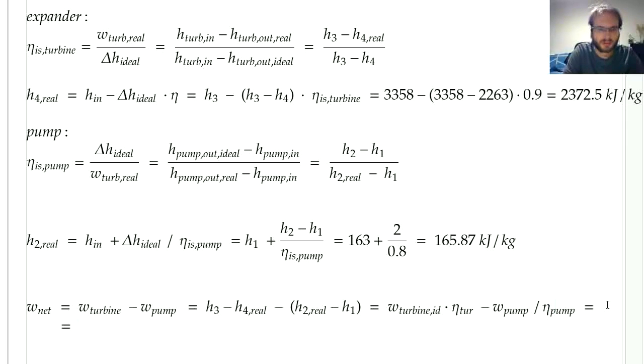So the real work of the turbine will decrease from 1095 kilojoules per kilogram to 1092.9 kilojoules per kilogram, and the work of the pump increased from 2.008 to